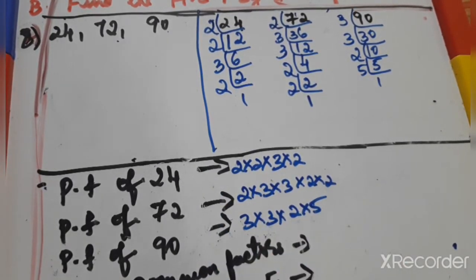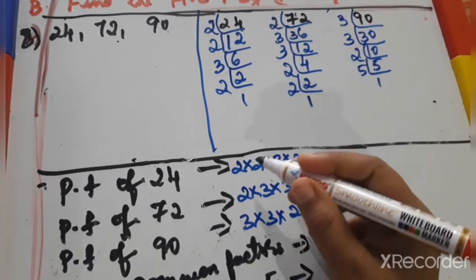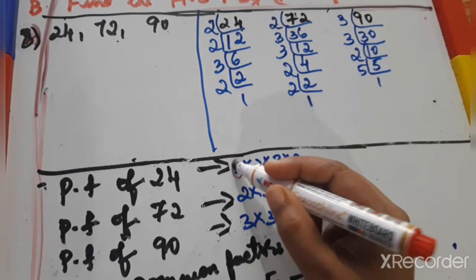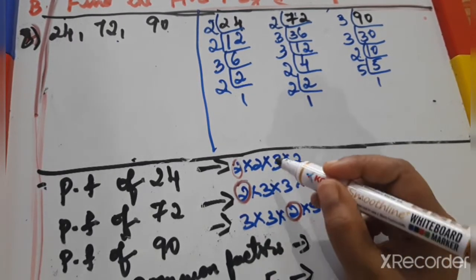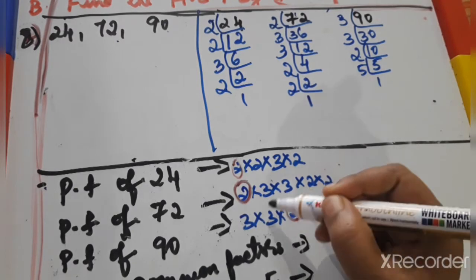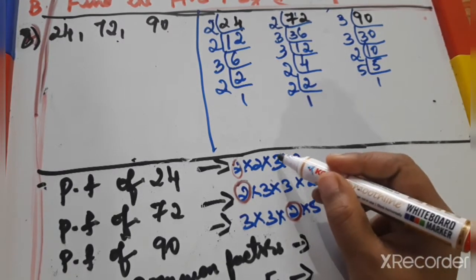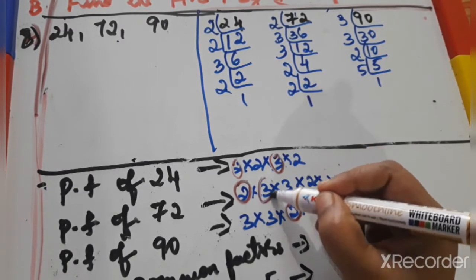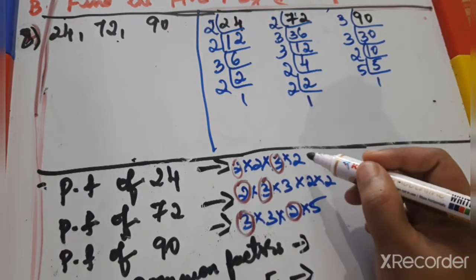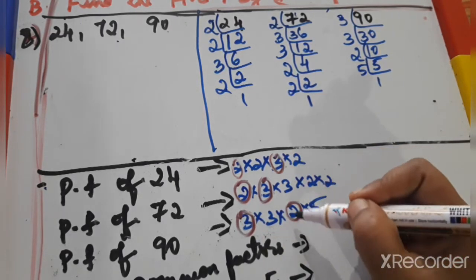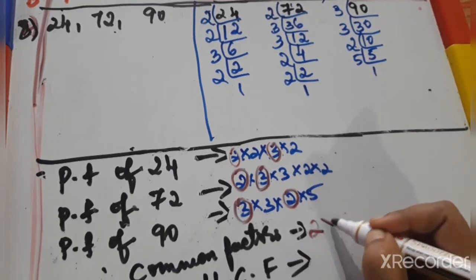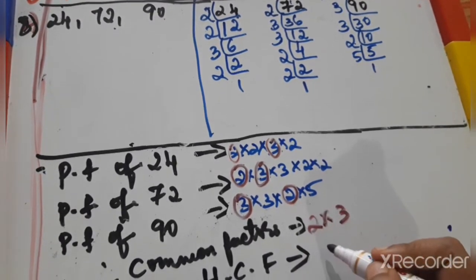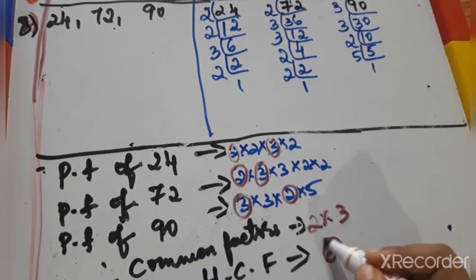Now write the common factors, which is common in the 3 lines. 2 is common, 2 here also common, 2 is common here, and for 2 we take only 1. Okay, 2 over, and 3 is common here, 3 is common here, 3 is common here. Again 2 and 3 are common, so the common factor is 2 into 3, therefore HCF is 2 3s are 6. 6 is the HCF.